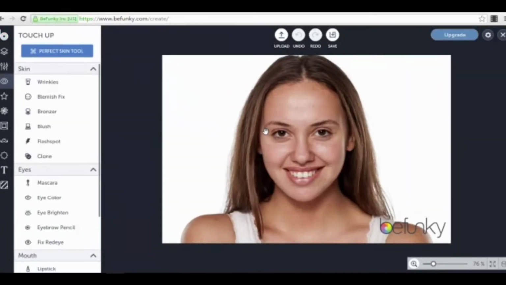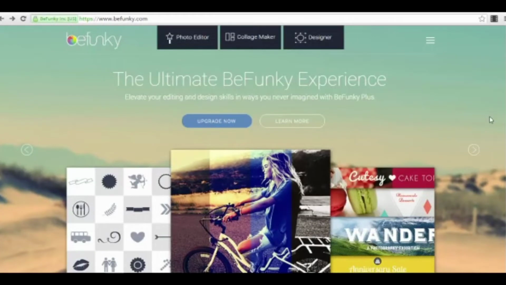You just choose the photo, and you will see that this tool has a lot of